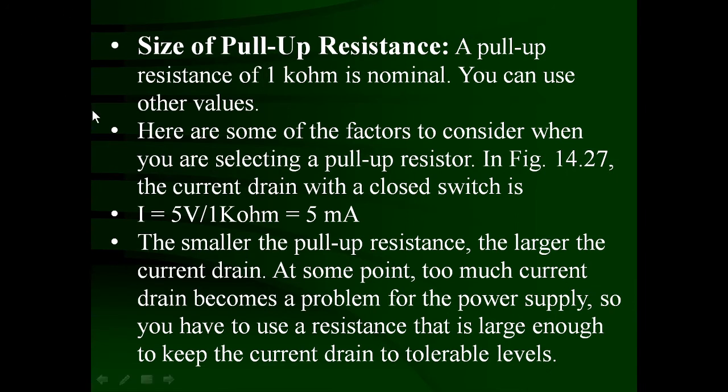It should not be too high also. If this pull-up resistance is high, then it causes a speed problem. How? If the switch is changed from closed to open, then the input capacitance of the TTL, maybe 10 pF, is charging through this pull-up resistance, and the RC time constant will be larger. Right now, if we consider that the input capacitance of the TTL is 10 pF, then the RC time constant is 1 kilo ohms into 10 pF, which is equal to 10 nanoseconds.